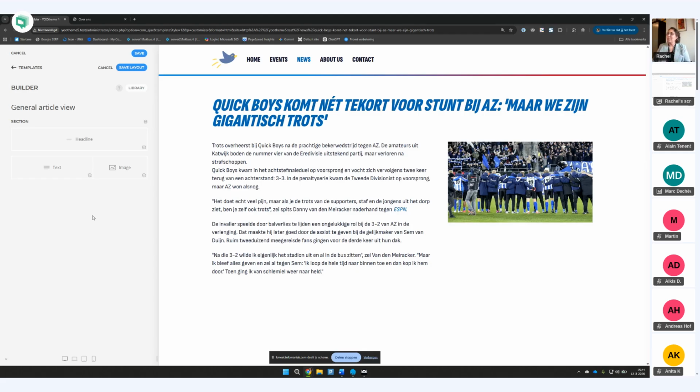Yay for us. Now I want to save this layout because maybe I want to reuse it later. I really like the applause icon. Yeah. No, so when I hover my section,